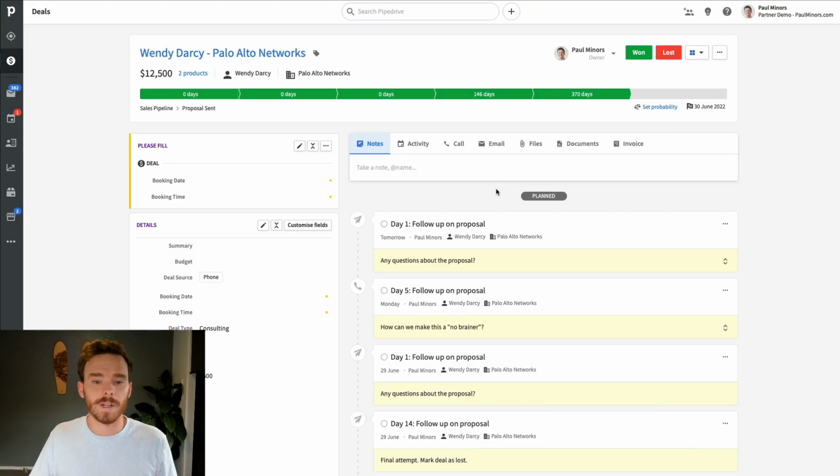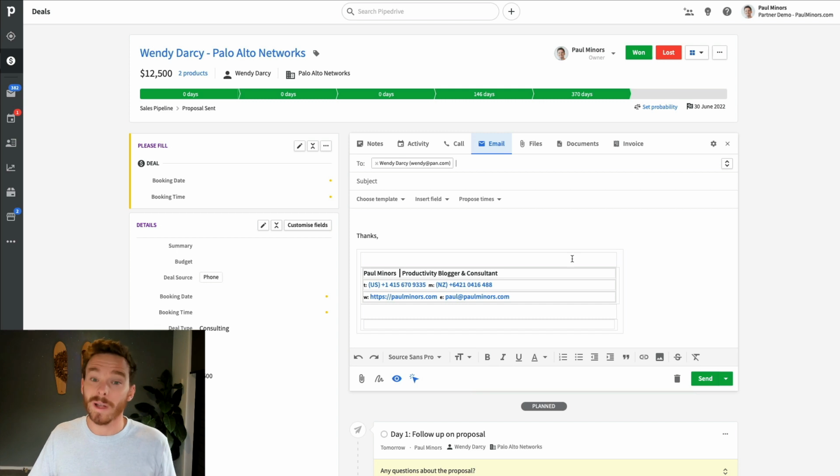If your sales team aren't very good at filling in information, you can make it so that they are forced to fill in those important details, which again improves the accuracy of your reporting and just maintaining good data health in Pipedrive. Another useful feature of Pipedrive, which is again quite hidden, is that you can schedule emails to send